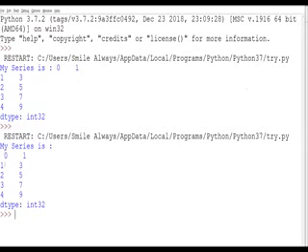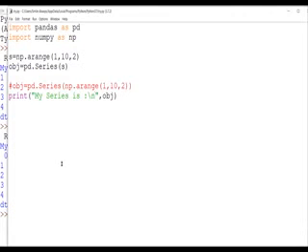0 1, 0 1 2 3 4, 1 3 5 7 9 and integer 32. Why integer 32 this time? Why not 64? Ma'am, because that was float and this isn't. Previously with int we had done it, so it was coming integer 64. This time integer 32. Now what you have to understand is that this arange function has given us the information in the form of integer 32.